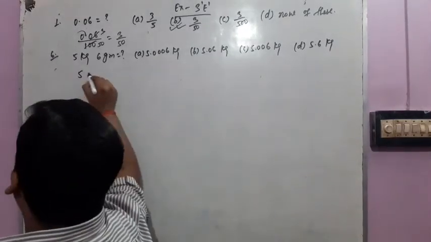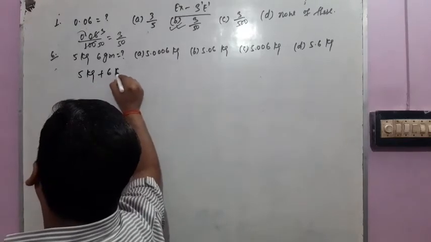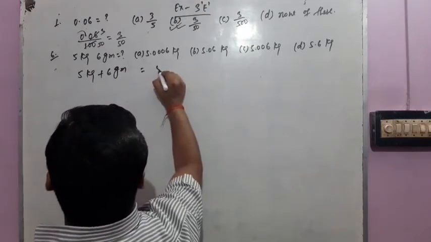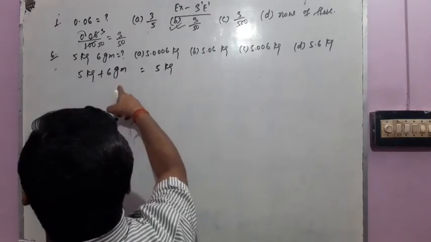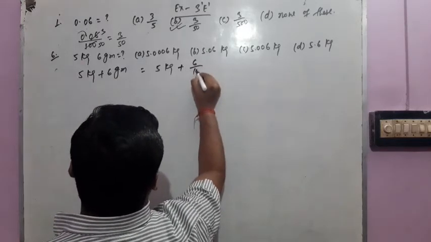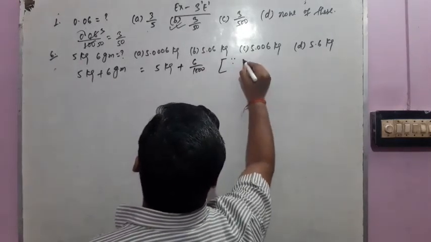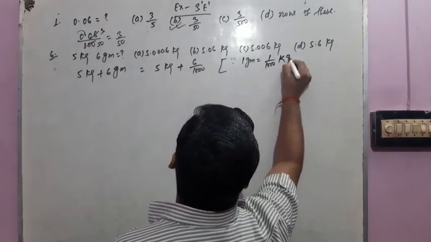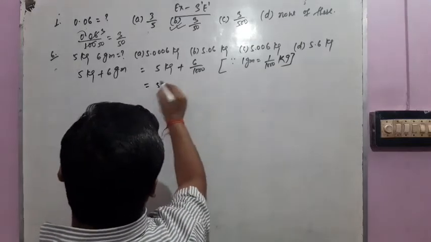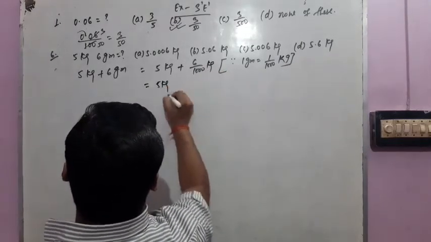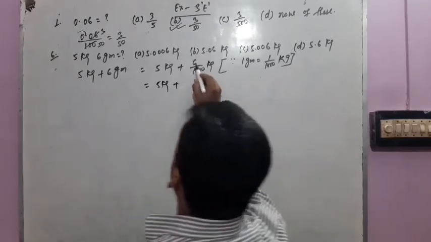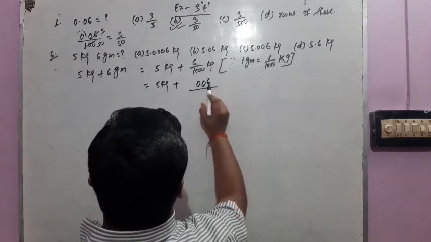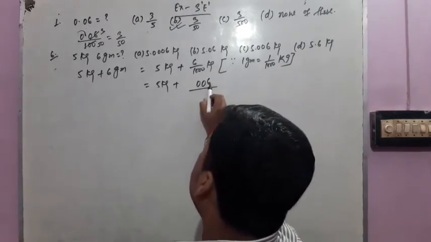So students, 5 kg plus 6 gram, that we have to convert. So 5 kg, and when we convert the gram into kilogram, we have to write 6 by 1000, because we know that 1 gram is equal to 1 by 1000 kilogram. Now 3 zeros are present here, so before the digit we have to make 3 digits. We write 00 and 6; when we put 2 zeros before the 6, 3 digits are completed.